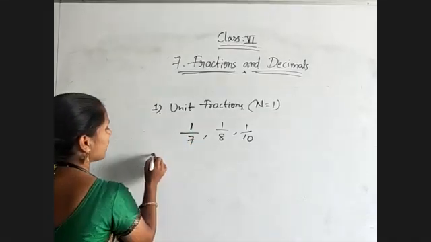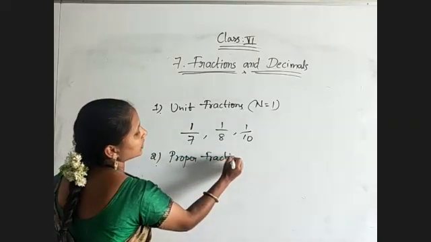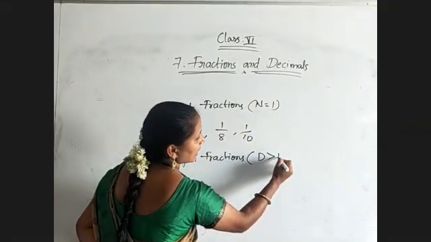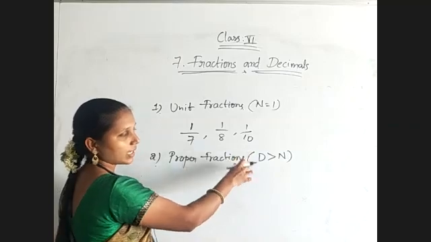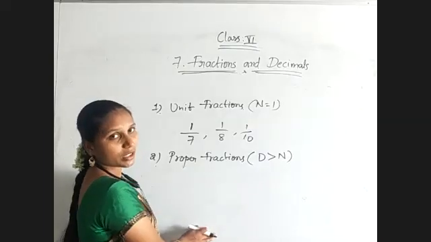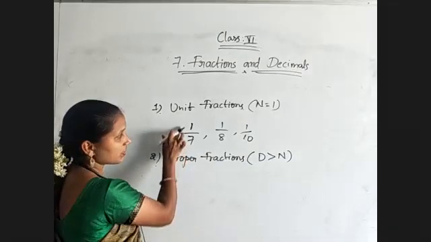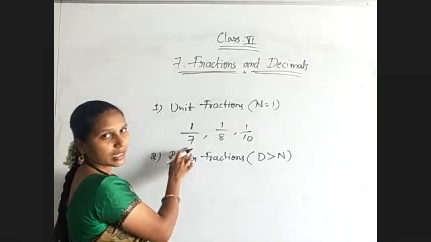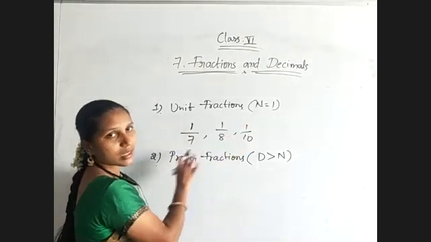Okay. And after that we have proper fractions. Proper fractions are nothing but those where the denominator is greater than the numerator, otherwise the numerator is lesser than the denominator. I am dividing each fraction depending upon the denominator only. Okay. So now observe, in proper fractions the denominator must be greater. See, just observe the unit fraction. Always the numerator is 1 only, and the denominator is more than 1. Yes. So 1 by 7 is a unit fraction as well as a proper fraction. All the unit fractions are proper fractions.